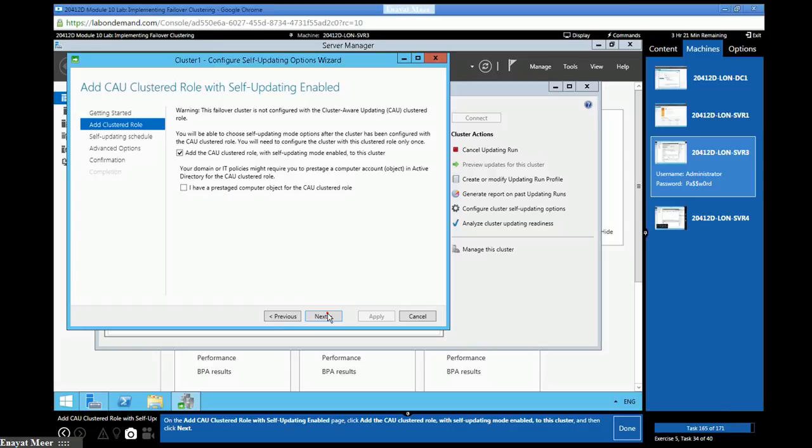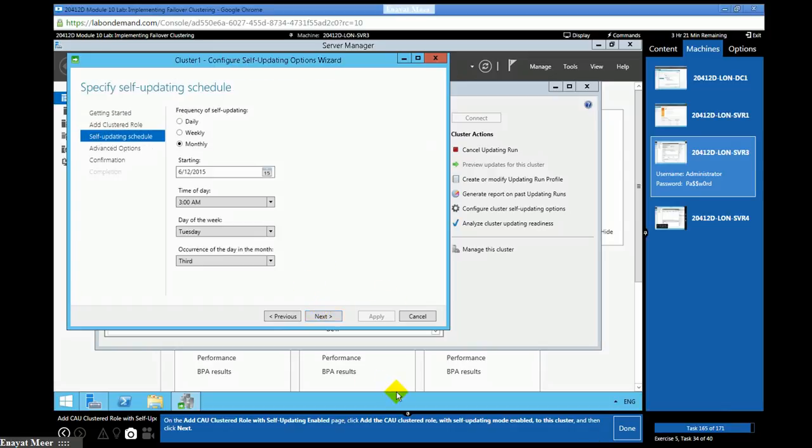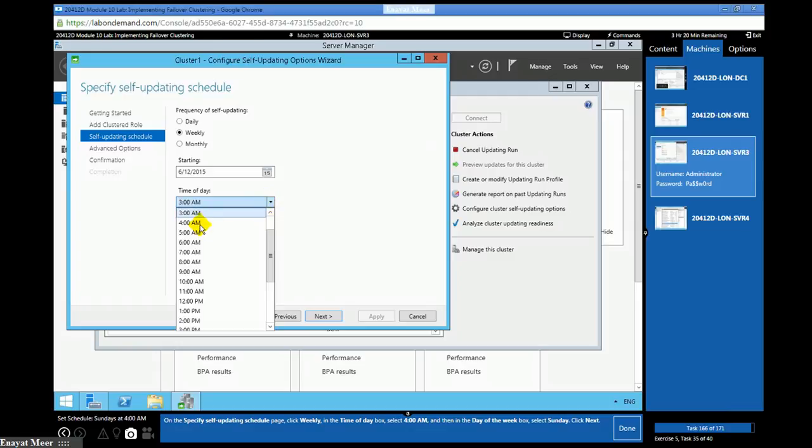Add the CAU clustered role. Continue. Select Sunday for the day. Select timing 4 a.m., day Sunday.